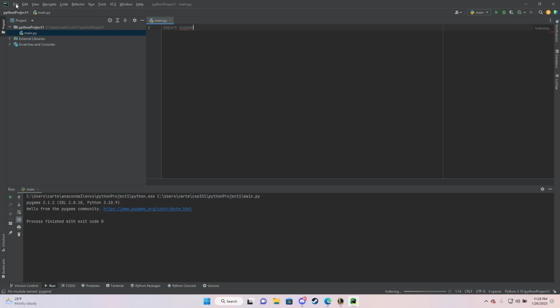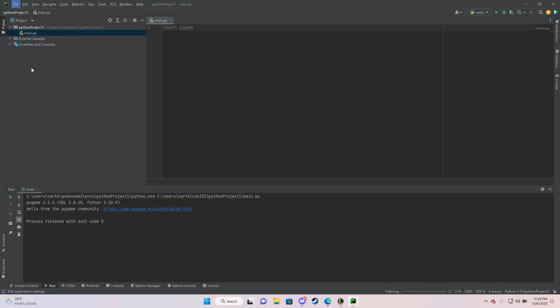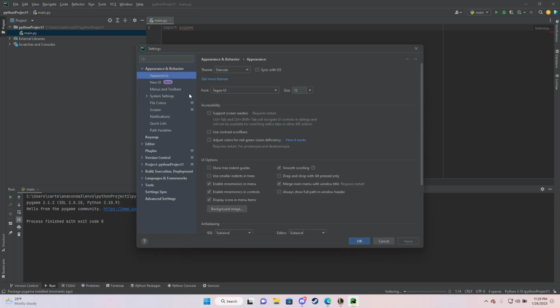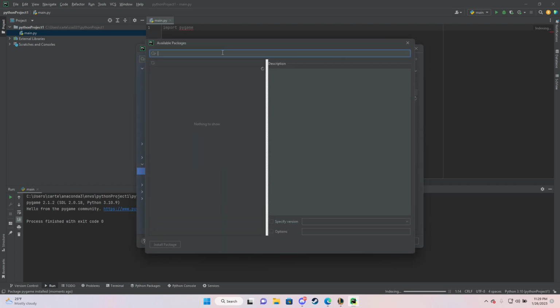So, another way you can do it is you can go to settings. You can go to project interpreter, and you can add it here too. If the other way doesn't work for you, you can just search up Pygame here and add it and hit